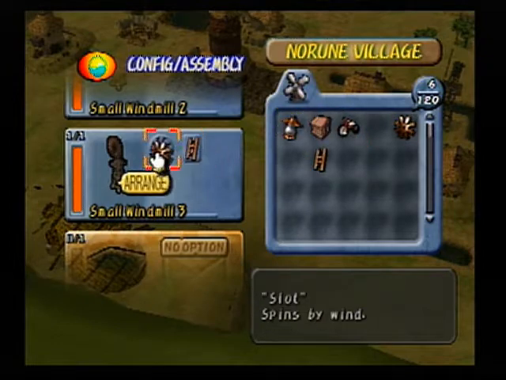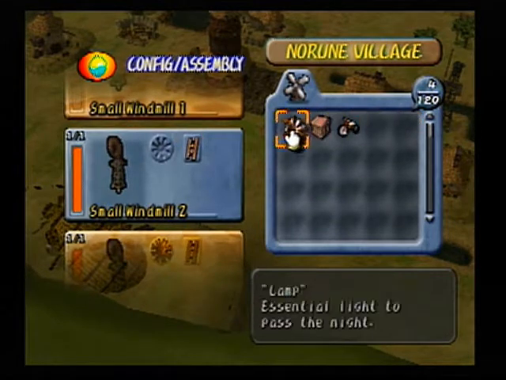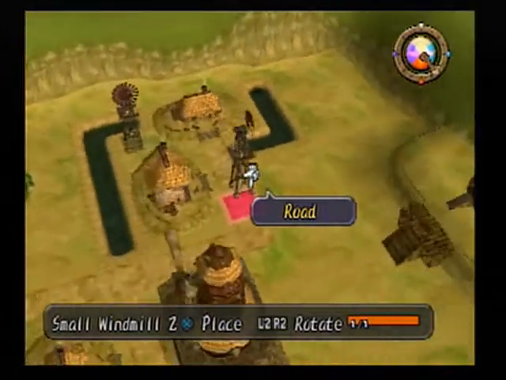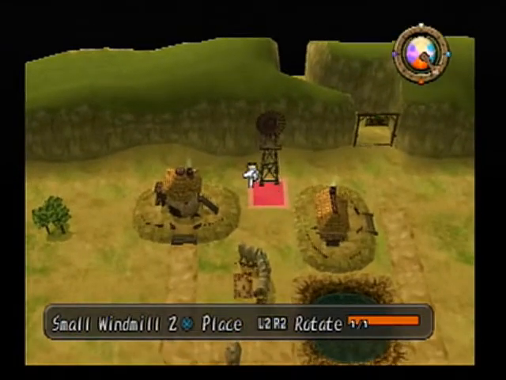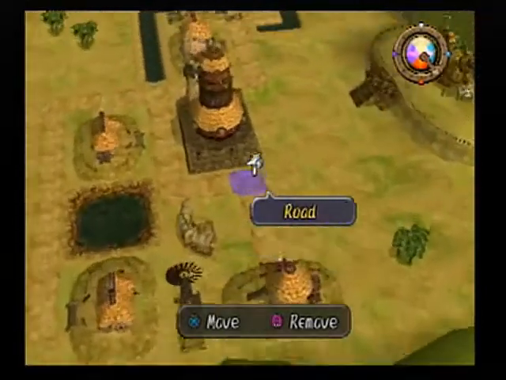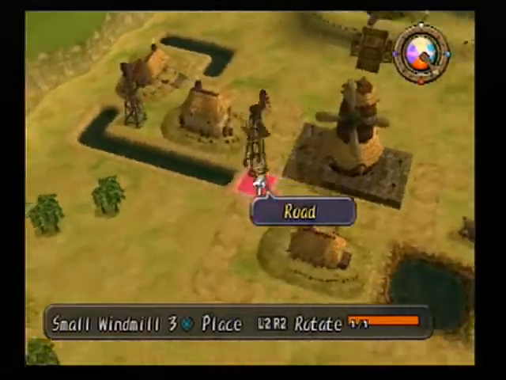These are like little baby windmills. I'm going to put these down first, actually, because, I don't know, I want to. I put one there. Put this one here. This looks like a decent spot for it, right? Yeah, I think so. And let's see. This one can go...